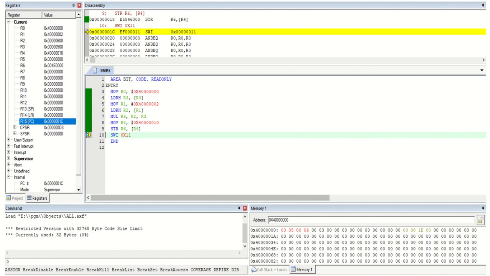We have totally 13 general purpose registers, starting from R0 to R12, which you can use for any purpose, and R13, R14 and R15, these 3 registers, are special purpose. R13 is given in brackets as stack pointer, SP means stack pointer, R14 is the link register, R15 is the program counter.